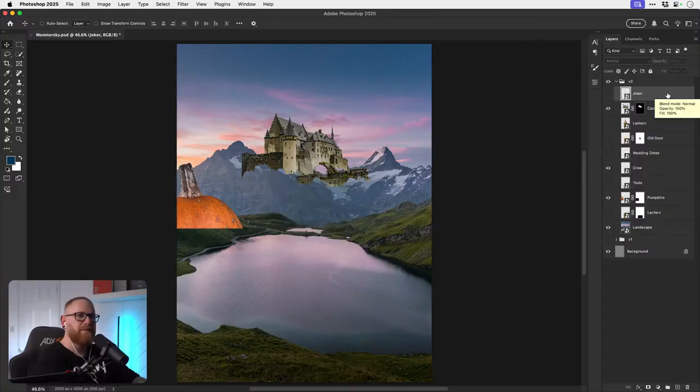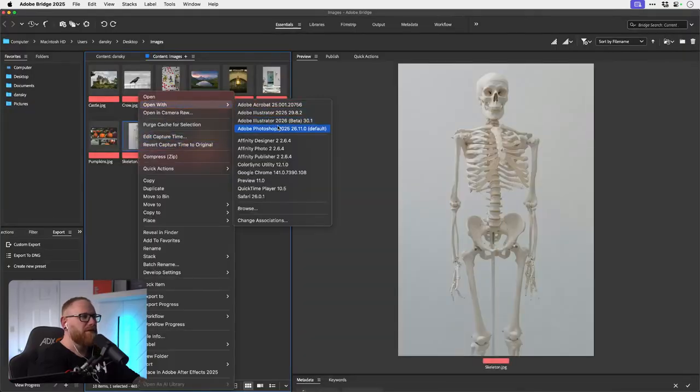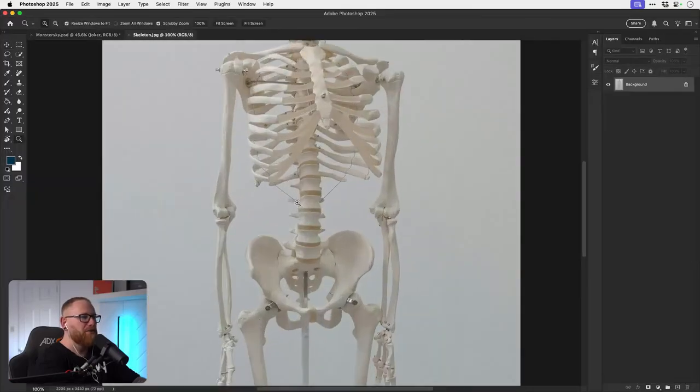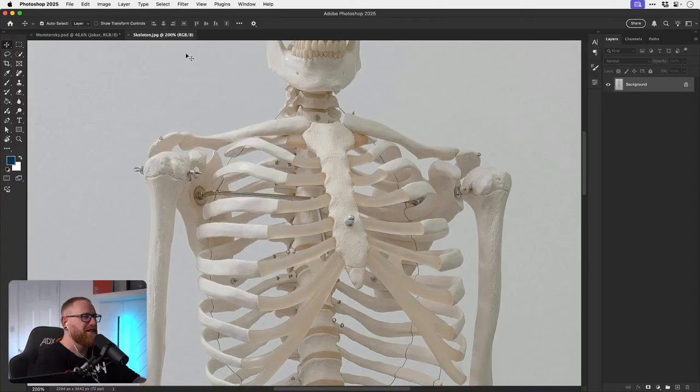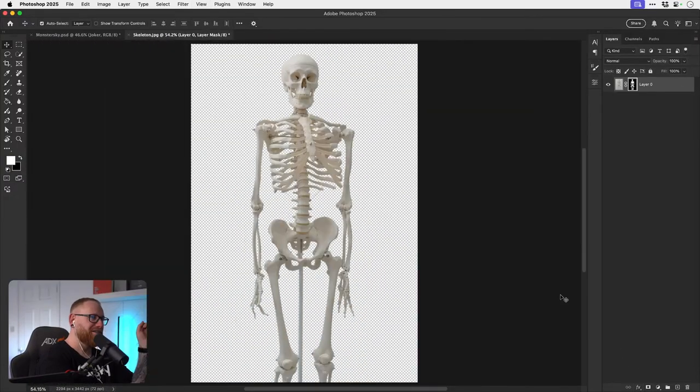In fact, let me show you how good. Hang on. Where is it? Let me grab the original skeleton. We'll start from scratch. Yeah, this is how good the new selection is in Photoshop. This is insane. So select subject. If you've got a plain background or it's not too complicated, select subject is so good. It's just ridiculous. It's so flipping good. We will need to get rid of the pole, I think.